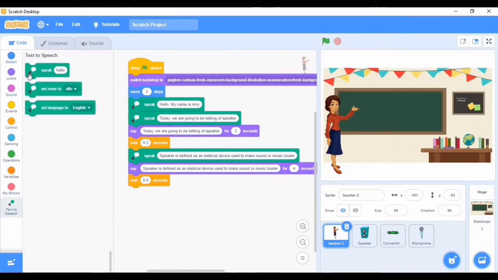Now we've defined what a speaker is. Now we're just going to say speaker can also be called loudspeaker, which is true. Just delete this caps lock.